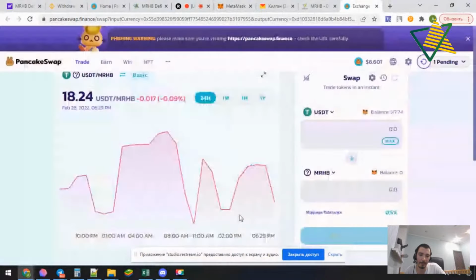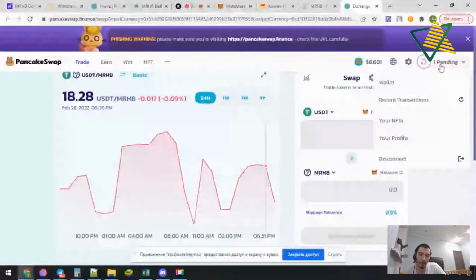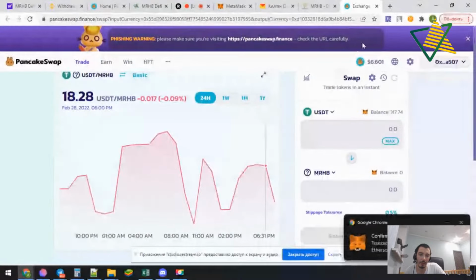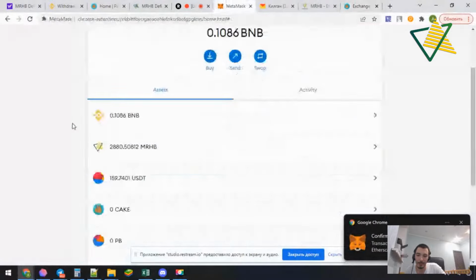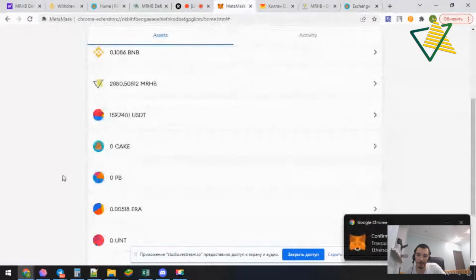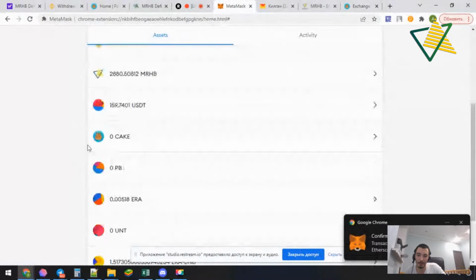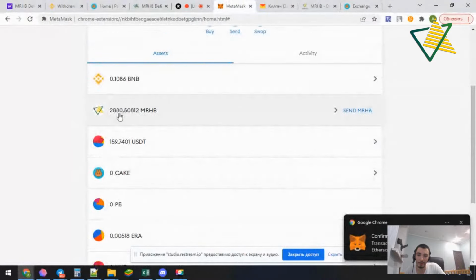Transaction submitted. Now we will have the window here that our operation is completed, you see. And in our MetaMask, we will see MRHB tokens here, 2,880 MRHB tokens.